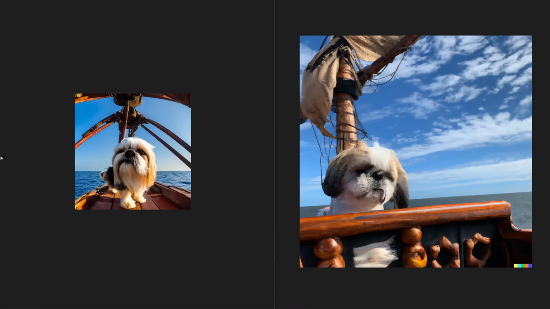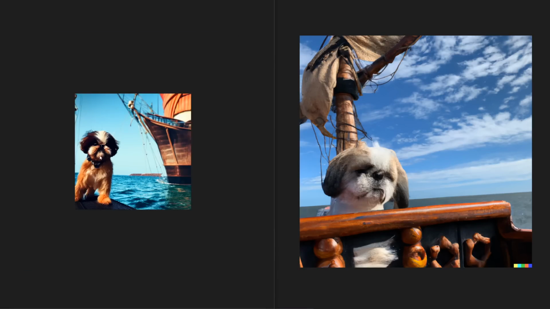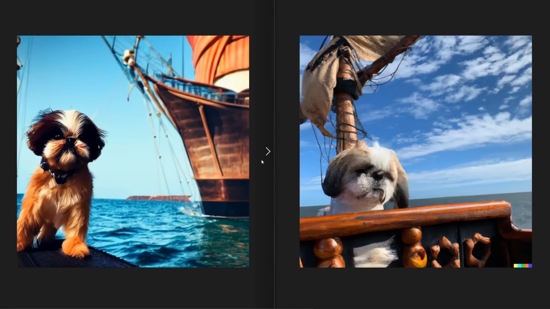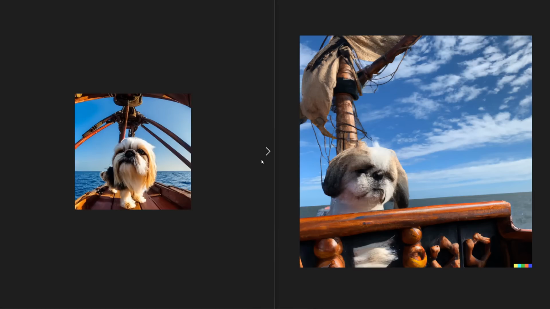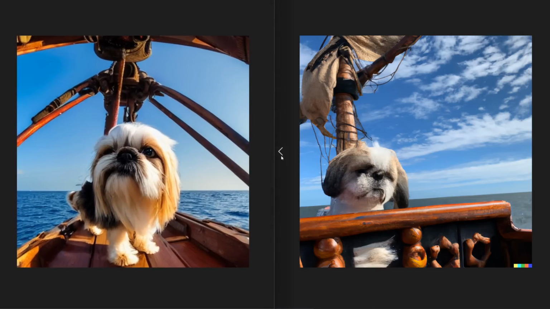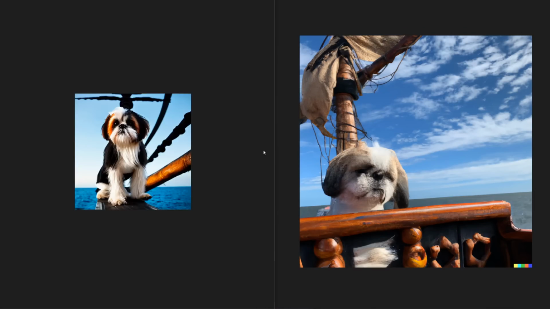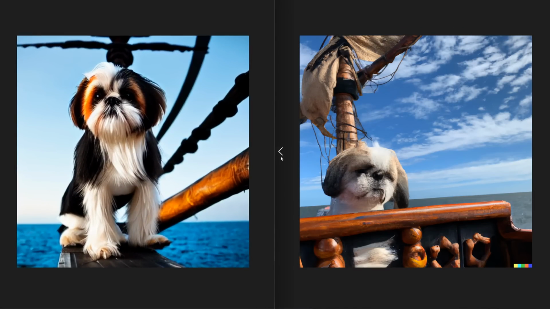I think all of the Stable Diffusion generations are just of better quality. The face of the dog is better. It's a more realistic looking photo. The pirate ship, the creativity is better. So I think this is definitely going to be a win for Stable Diffusion for this imagery, but let me know what you guys think in the comments. This one was definitely the most surprising for me. And that's all we have for comparisons today.